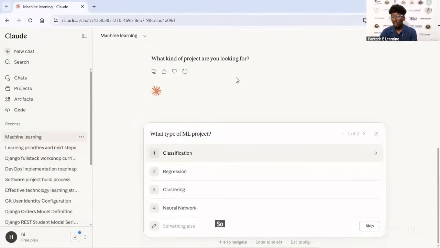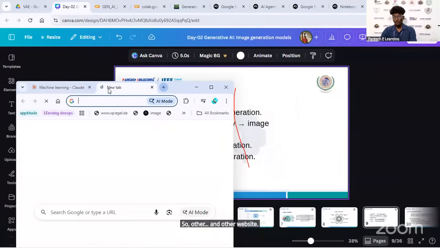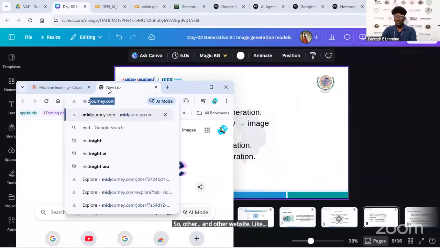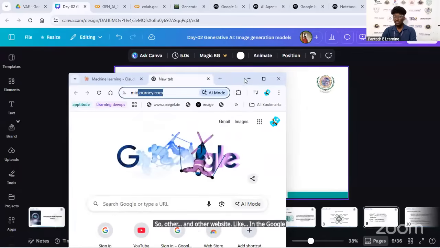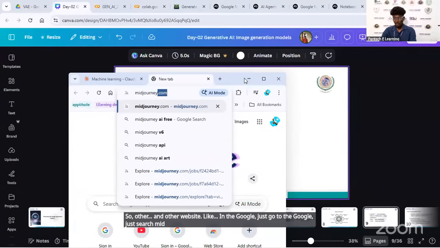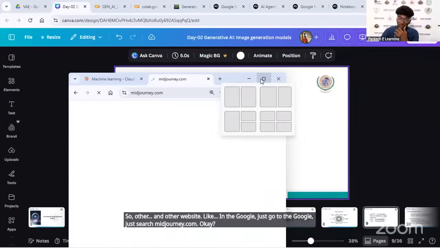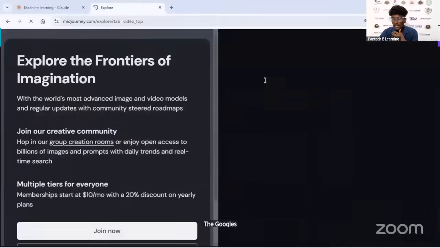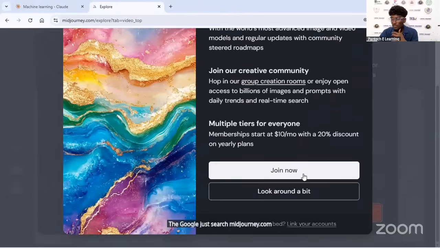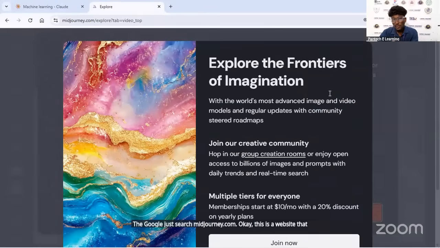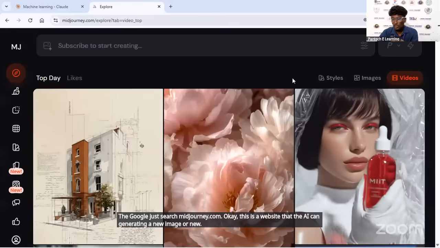So another website, like in Google, just go to Google and search midjourney.com. Okay, this is a website where the AI can generate new images or new videos.